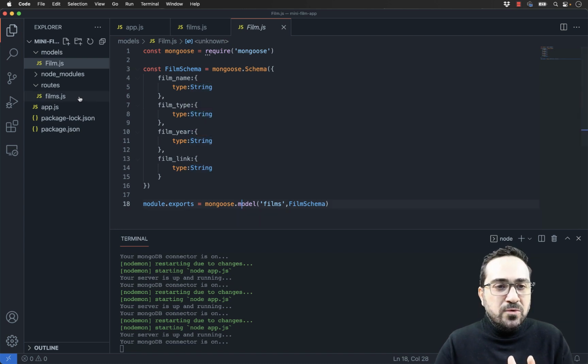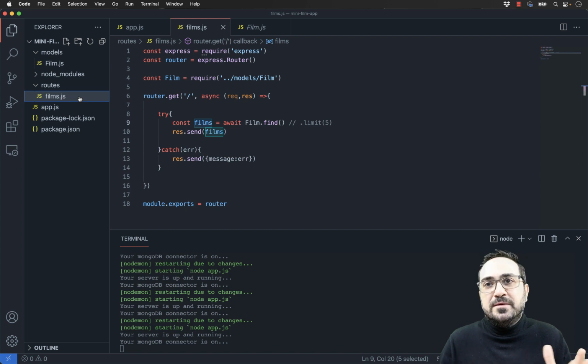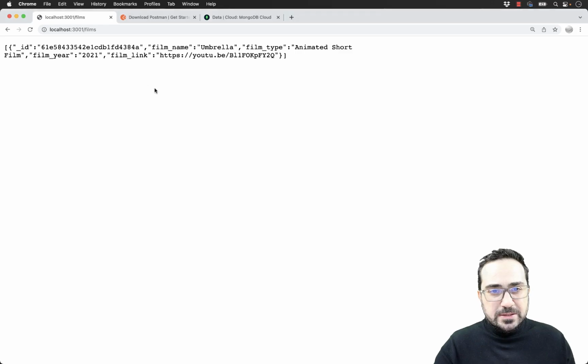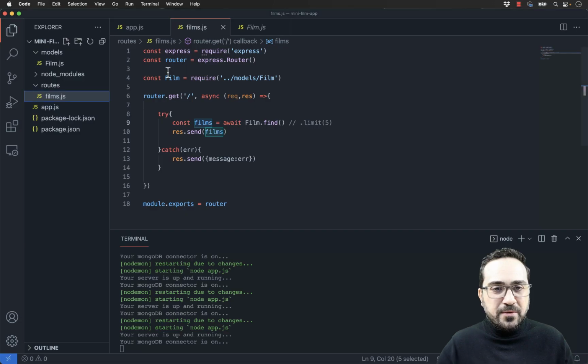And then in the routes, instead of saying you are in your films, you're supposed to send the data. So I say, send the films that you want. In our case, select all the data. Okay, so I think it was not so challenging, although there are some new things here that we need to always remember.